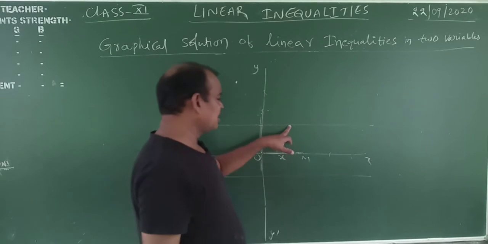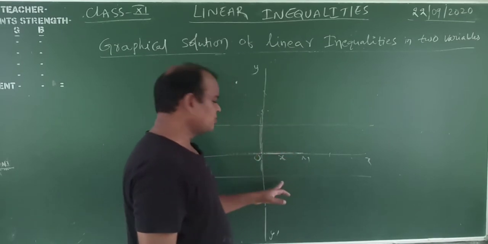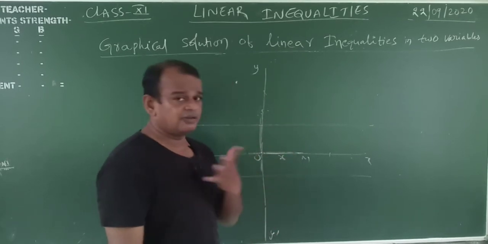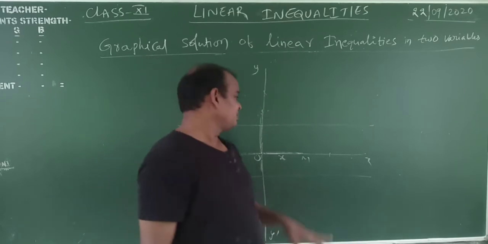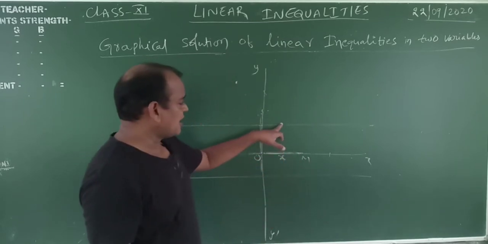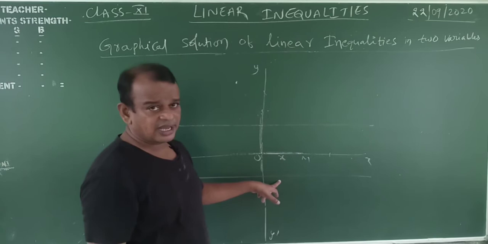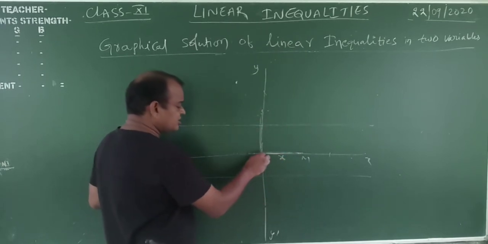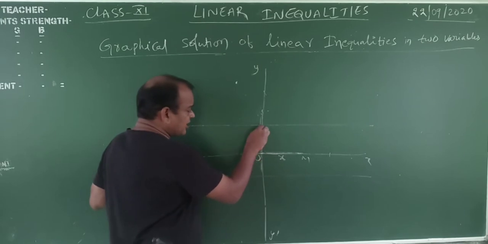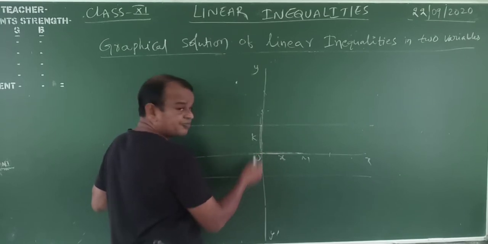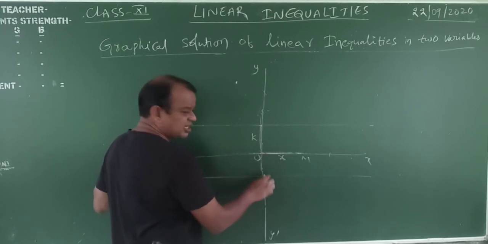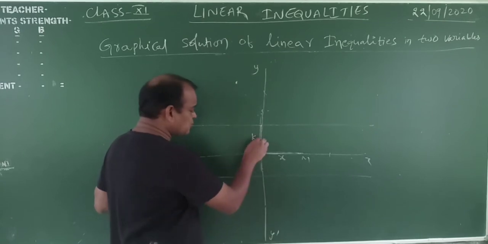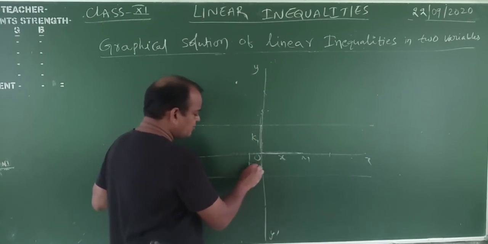Now we will draw the horizontal line. One line is above the x axis. We could draw infinite lines, no problem, but I have drawn only one. This line is parallel to the x axis, and this line is also parallel to the x axis. This one is above the x axis, this one is below. Suppose the distance from the x axis to this line is k. The distance here may be the same or different, no problem. Suppose this is k1 and this distance is k2.